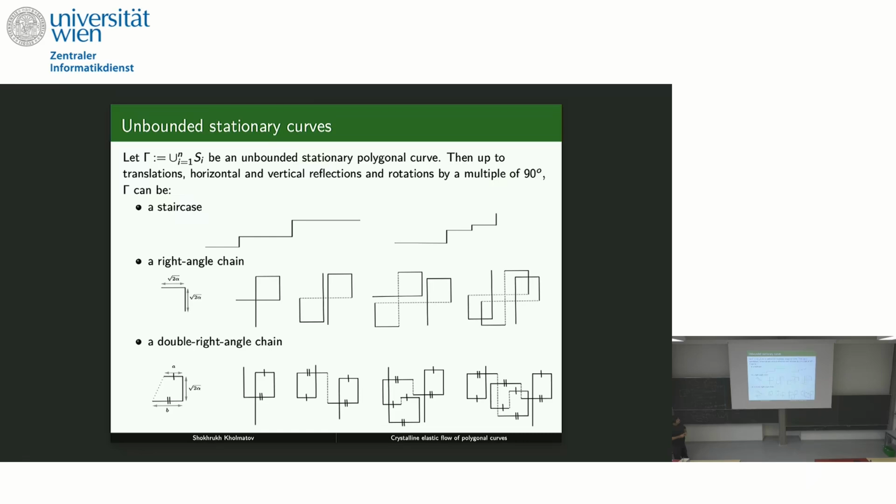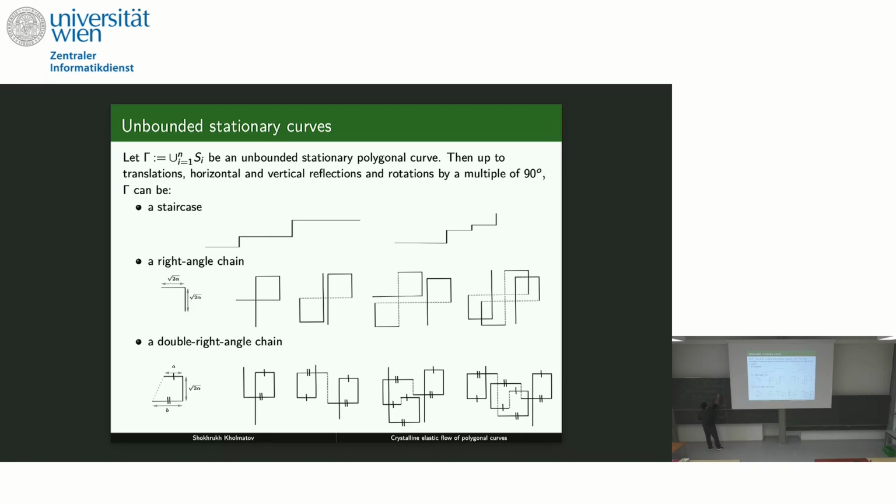And another one is the double right angle chain. So this means I have to fix these two sides of the chain. And this is completely known. It is square root of 2 alpha. And A and B satisfy the inverse Pythagorean equality. So this means if I choose any A and B satisfying this condition,